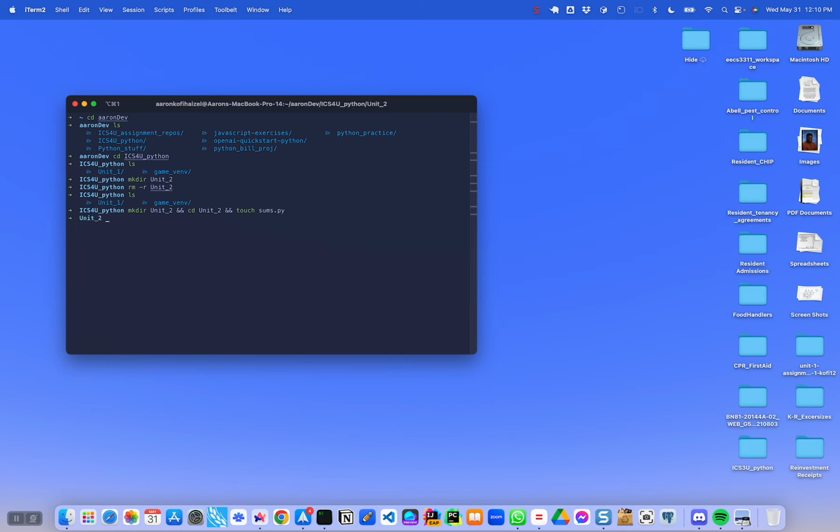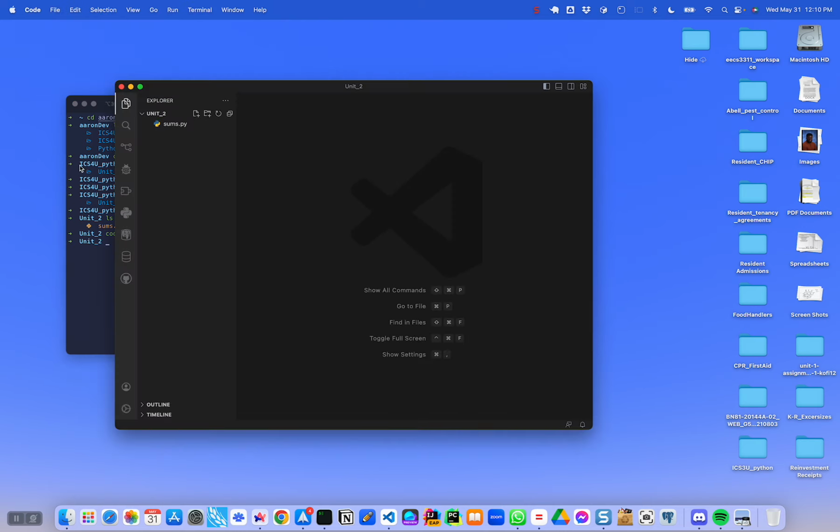sums.py. Okay, so let's see. There it is. So the file's right there. This is outside of the scope of this class, but what I did here was I made a directory called Unit 2. Then I navigated to that directory, and then I created a file in that directory. So once I run this command,